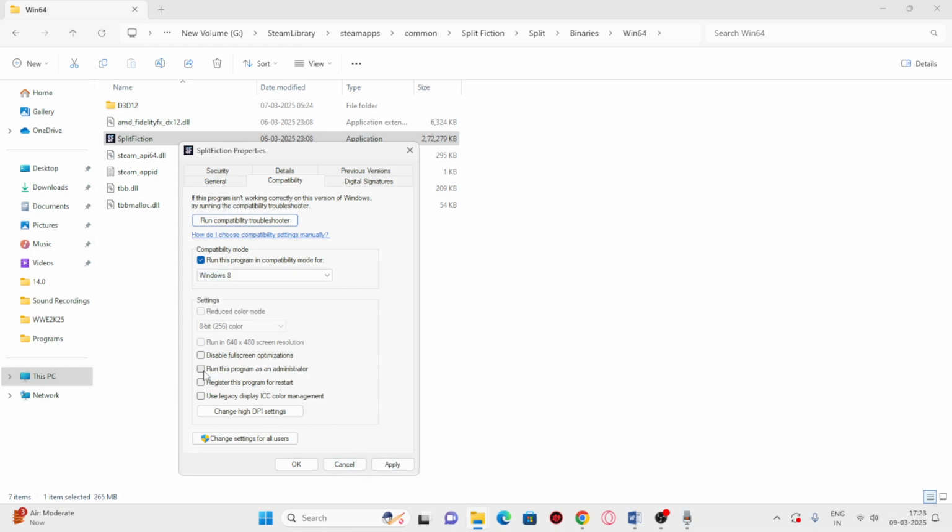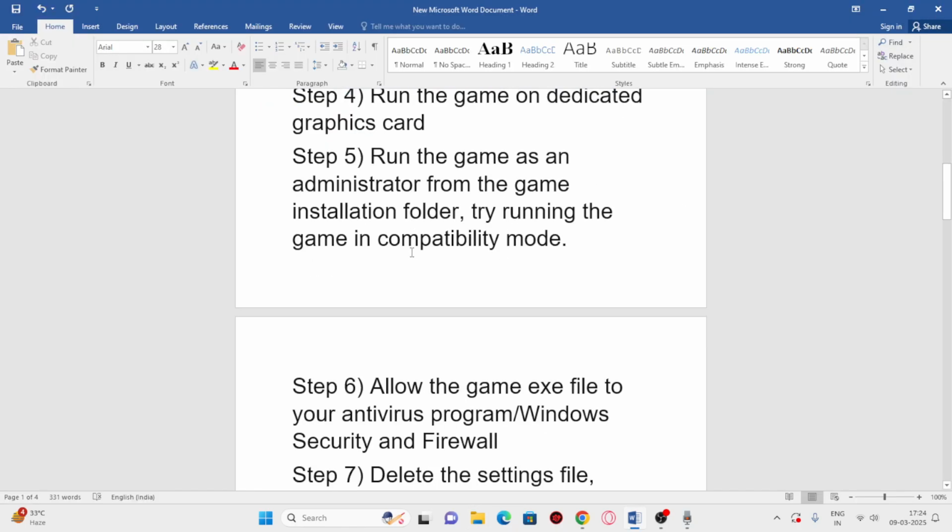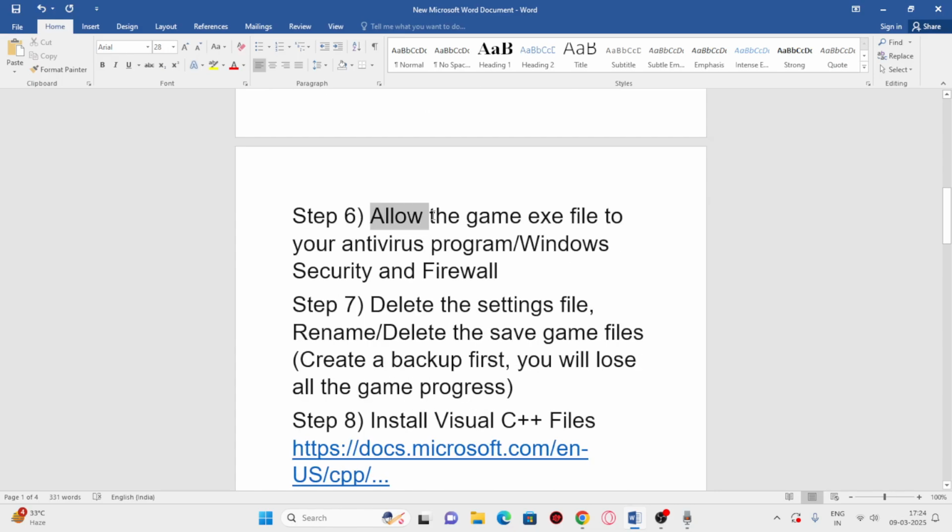And also you need to click on run this program as an administrator, go for apply and go for OK. And once afterwards you have to try launch the game and you have to check. Next one is all about what we need to do is we just need to move to the next step. That is all about we need to allow the game exe file to your antivirus program or Windows Security and